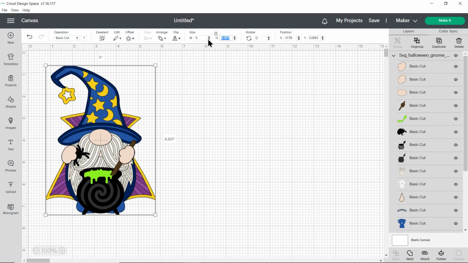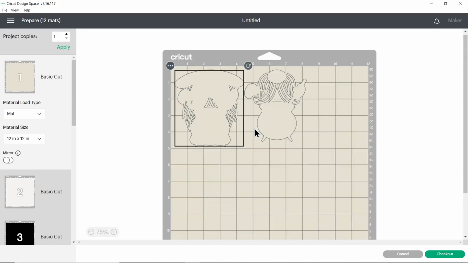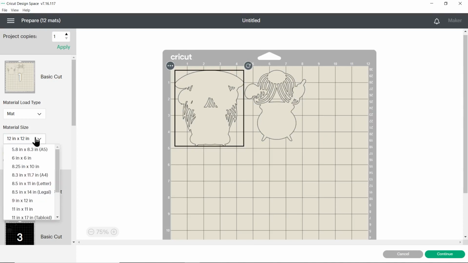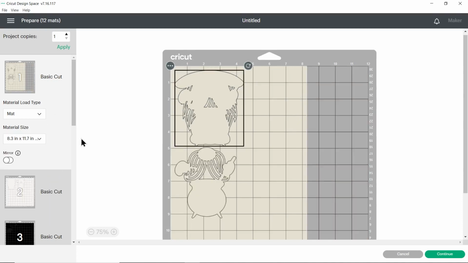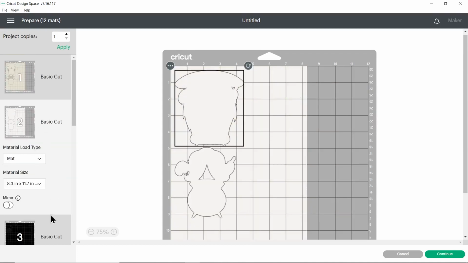I think I'll do mine a bit bigger though. Let's cut it out at 7.5 inches tall. And that's it. You don't have to do anything else to this file before you get it cut out. So I'm going to go ahead and click Make It on the top right, and then it will separate out all of the colours. You can change the paper size over on the left, and you do need to do this for every different colour, so you'll need to go through them all.